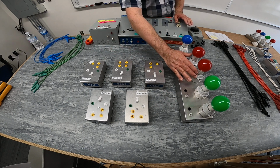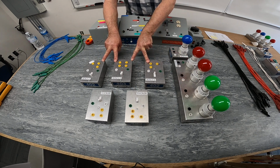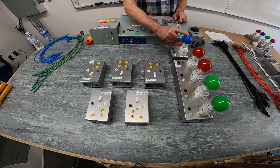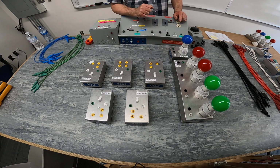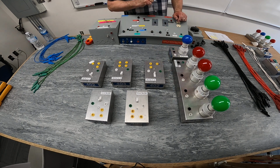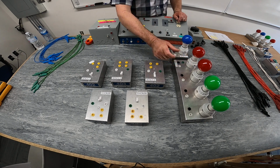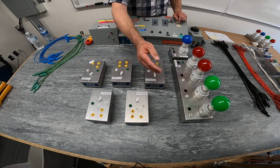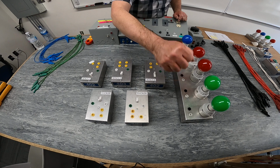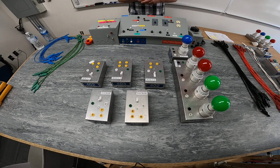Then we're going to control two red lights simultaneously from three different locations, while the blue light remains constantly on all the time, just to simulate, for example, a receptacle or a plug in a wall. So the blue light will stay on regardless of the switching of the other lighting. Two reds simultaneously will energize and de-energize from three different locations, and two green lights simultaneously energize and de-energize from two different locations. And I'm going to start connecting them